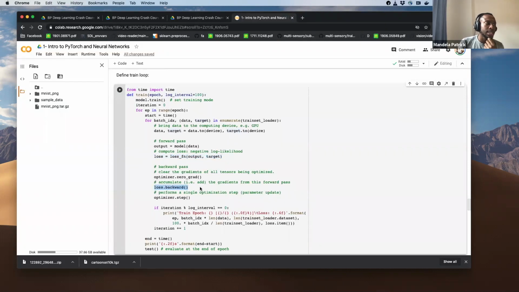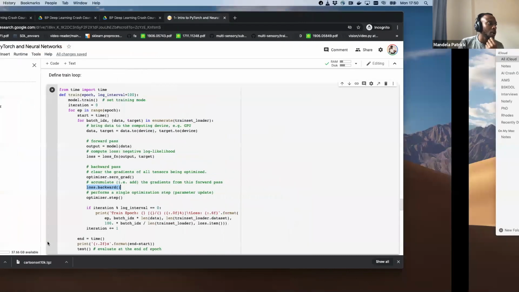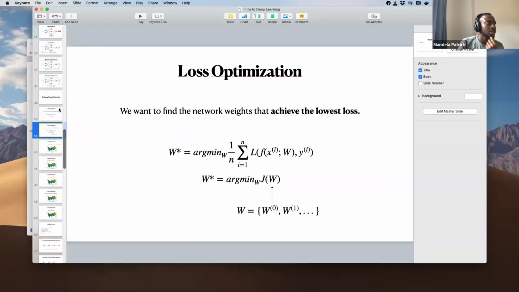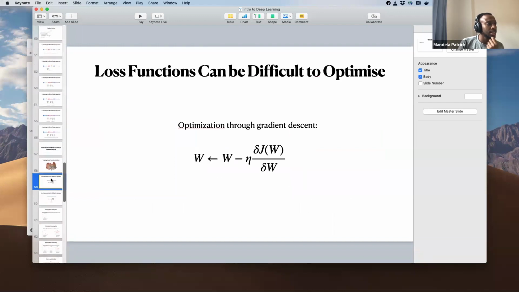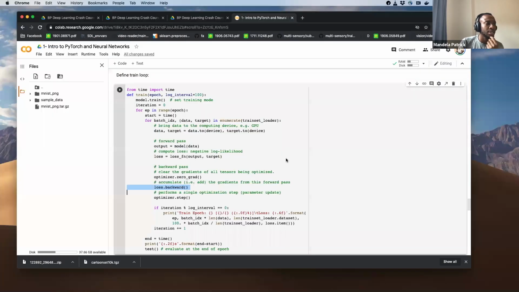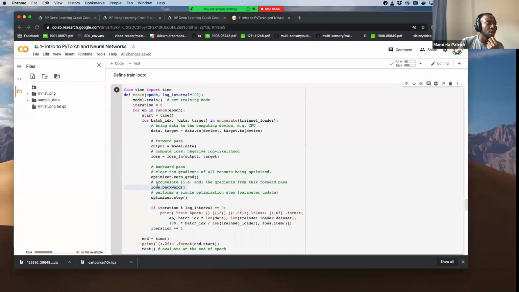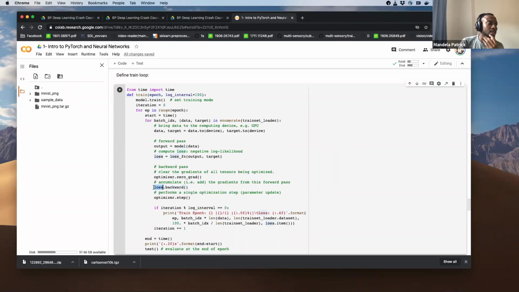We calculate the gradient, which, as we've described before, is done by the backward call. Loss backward gives us this gradient for each of the neural network's weight parameters.